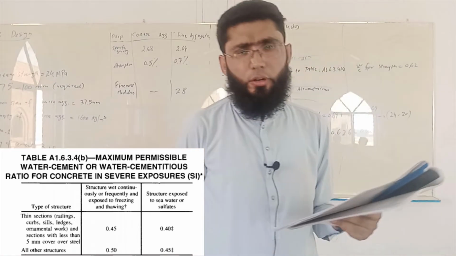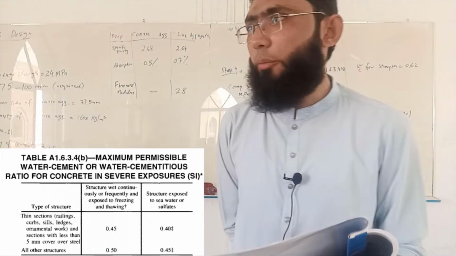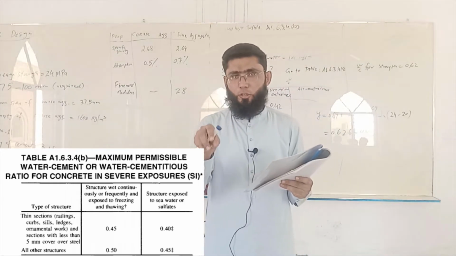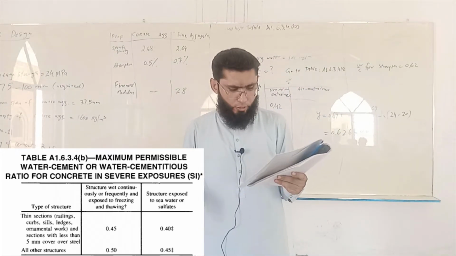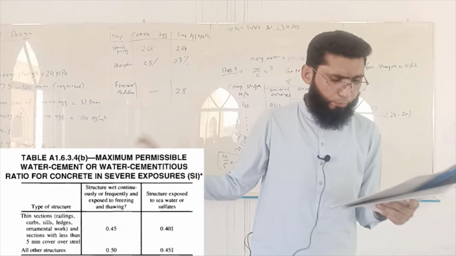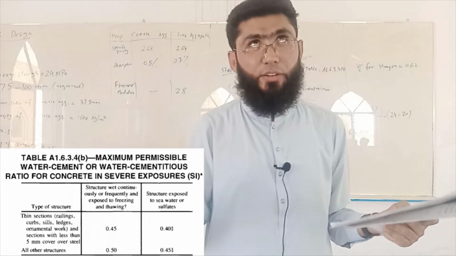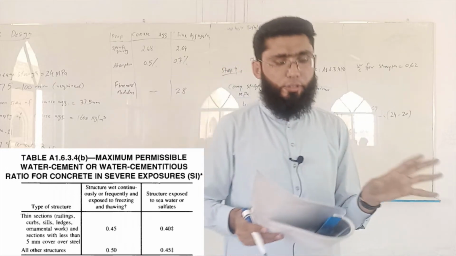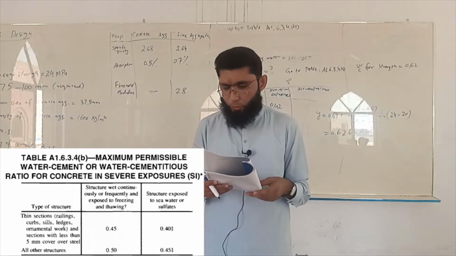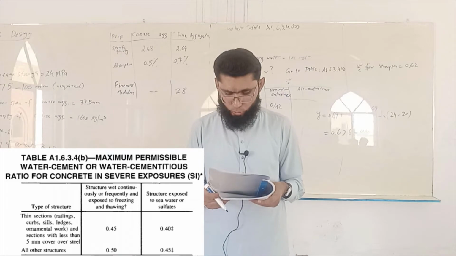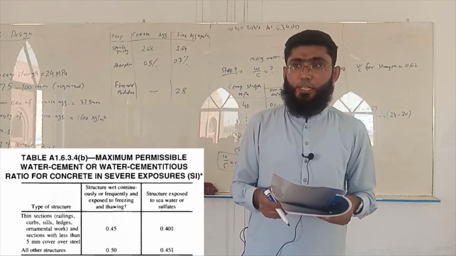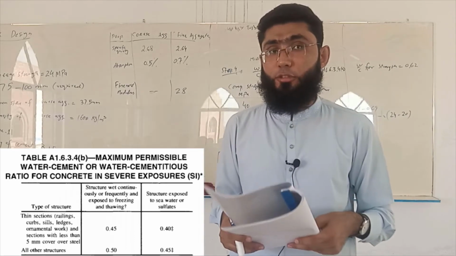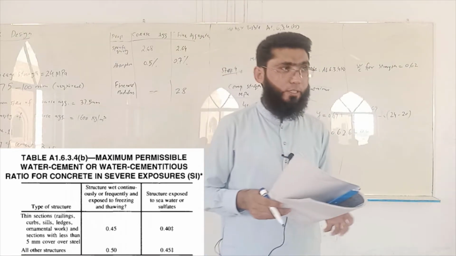So the more harsh the environment you expect, the lower the water cement ratio. For this particular structure, if it is given that there is no exposure to seawater or sulfates, no exposure to freezing and thawing, and it's not going to be continuously or frequently wet,